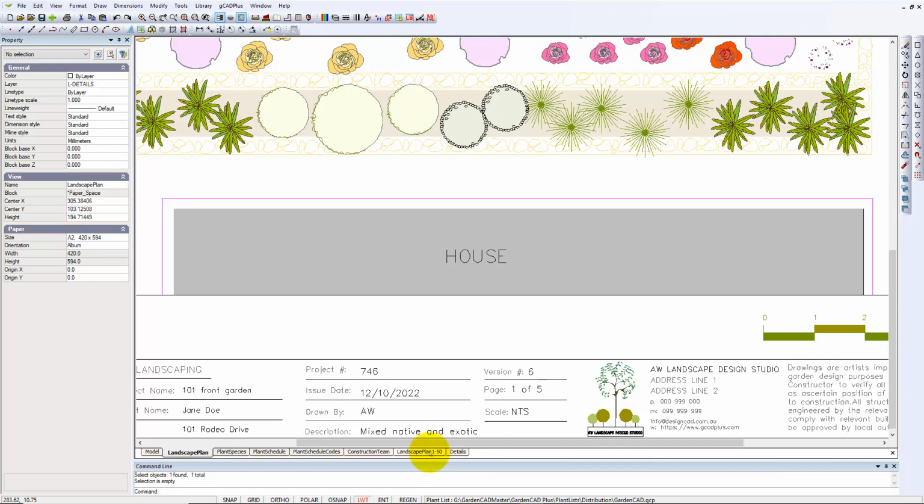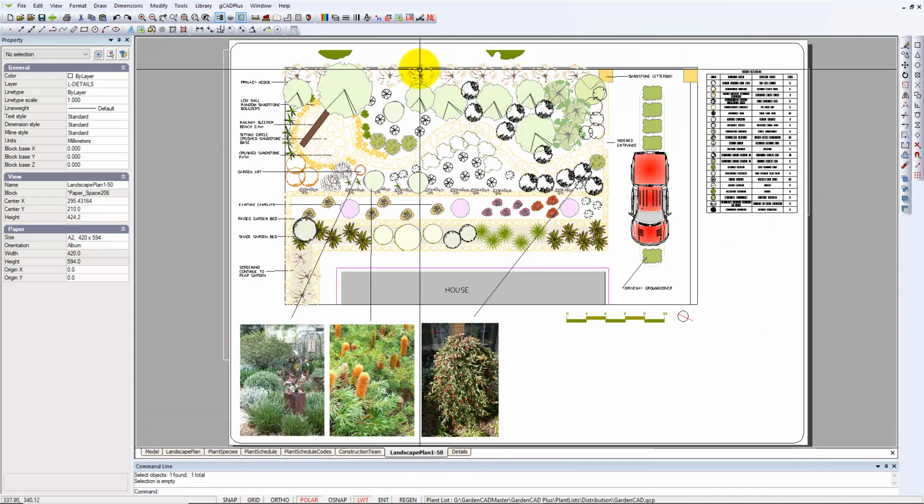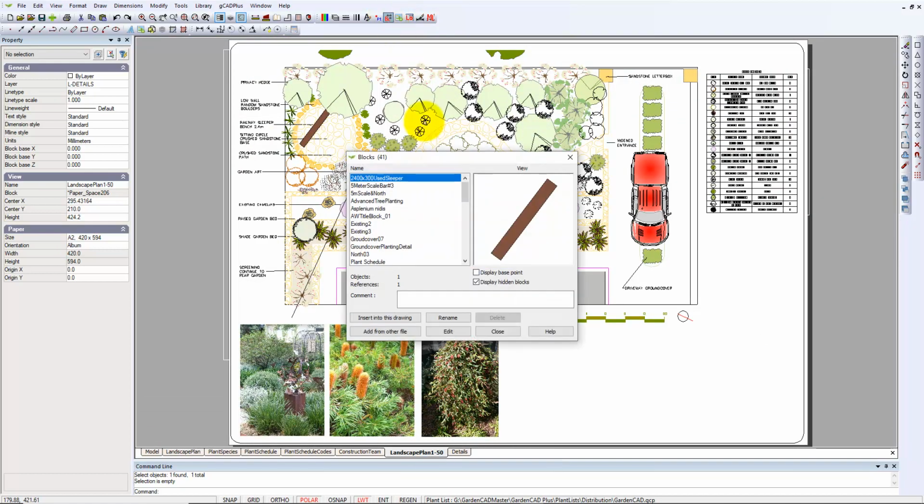And let's go back here. We should be able to simply go to the blocks command that pops up this, and we look for AW title block 01. Now all of this is being designed mostly on an A2 sheet because that's what this consultancy uses, and this particular block should come in,